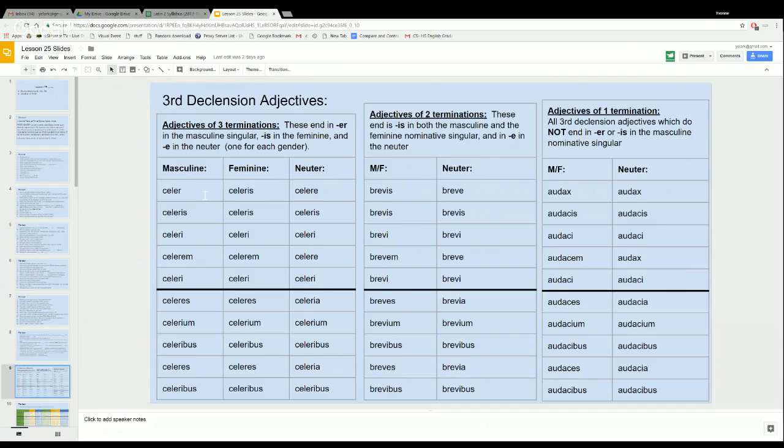We're going to start with three terminations, as you remember: ER in the masculine, IS in the feminine, and E in the neuter. Let's go ahead and decline this. Remember, we go across. Celer, celeris, celere, celeris,